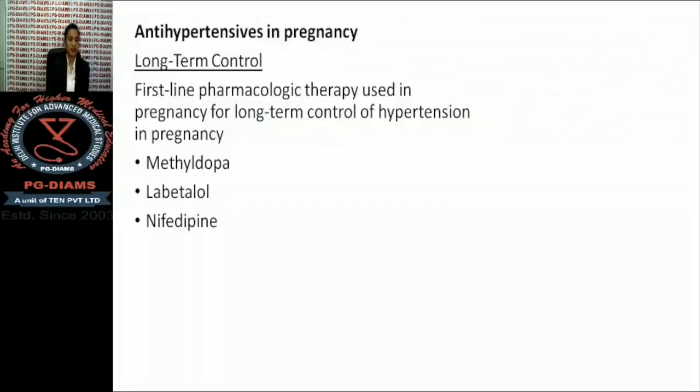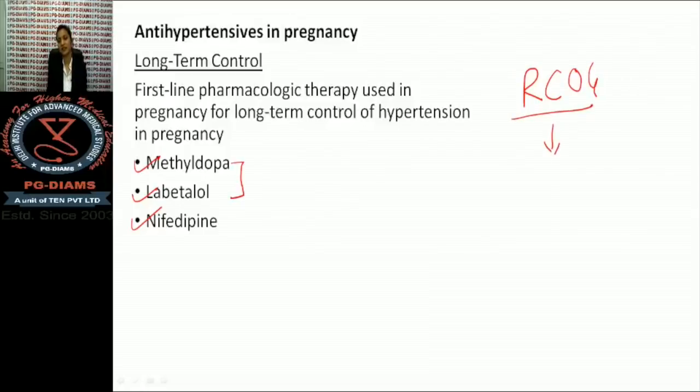Now to revise this topic again, let's just brush through the drugs. The first line therapy that you use are methyldopa, labetalol and nifedipine. Out of methyldopa and labetalol, till now the books were not clear which is the first line drug, but according to RCOG, the Royal College of Obstetrics and Gynecology, the first line drug is